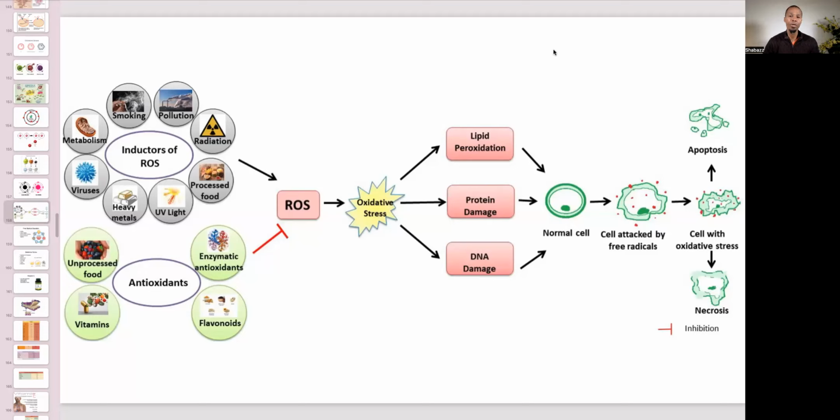And tonight we're going to pick up with part two, the mother of all diseases. We already talked about free radicals. We talked about oxidative stress as well. So here it is right here: inductors of ROS. Now, when you see ROS, it's always related. ROS, by the way, is reactive oxygen species. So we already know that we breathe in O2.